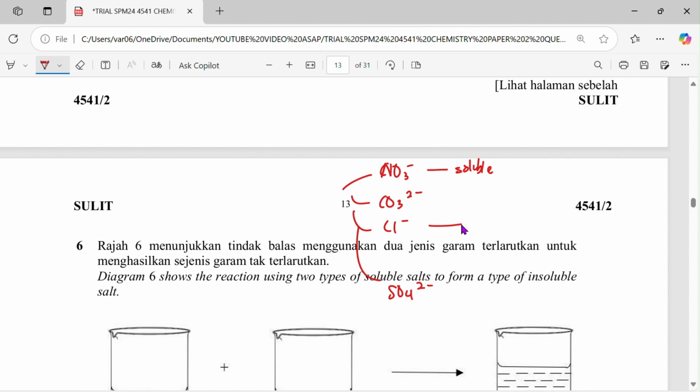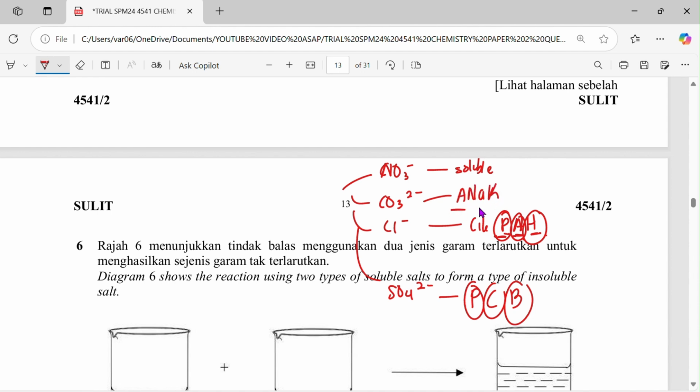So for garam jenis klorida, semua larut kecuali plumbum, argentum and mercury. Kecuali plumbum klorida, argentum klorida, mercury klorida tidak akan larut dalam air. As for your sulfat, plumbum sulfat tak larut dalam air, calcium sulfat tak larut dalam air, as well as barium sulfat. For your carbonate, it's the opposite. Semua tak larut kecuali